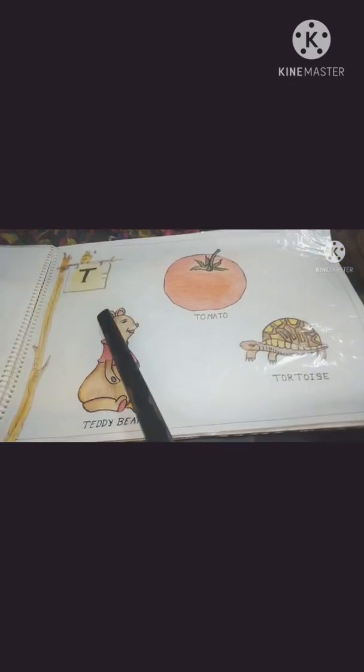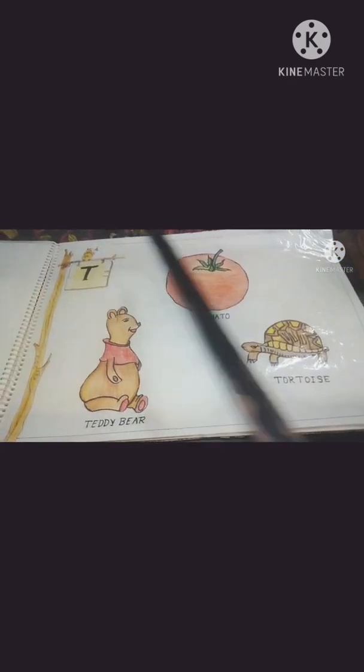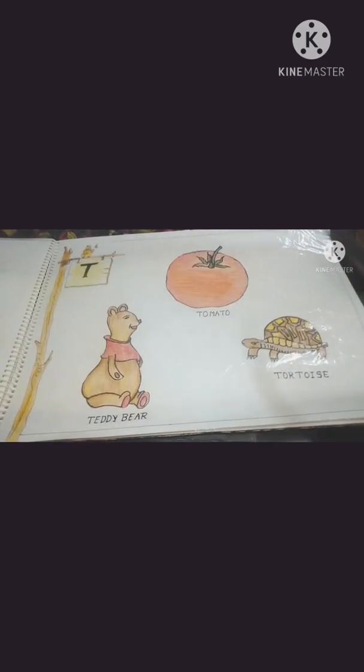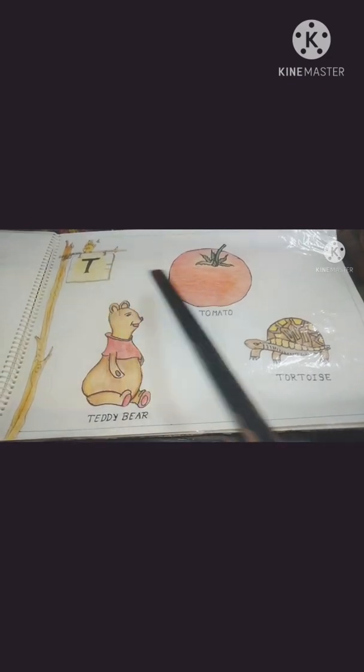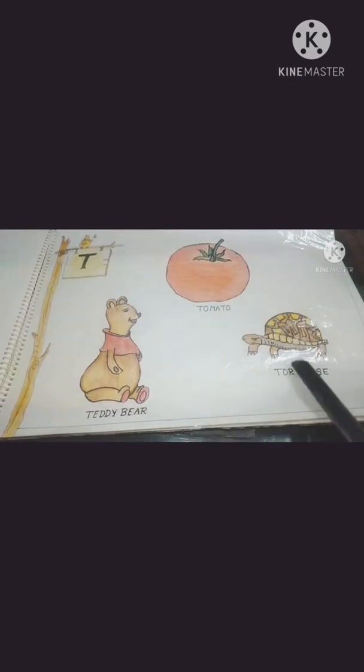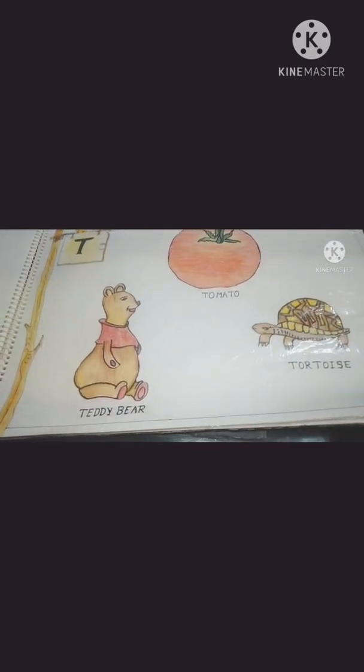And after S, which letter will come? T. Yes, T for tomato, T for teddy bear, T for tortoise. I repeat. T for tomato, T for teddy bear, T for tortoise.